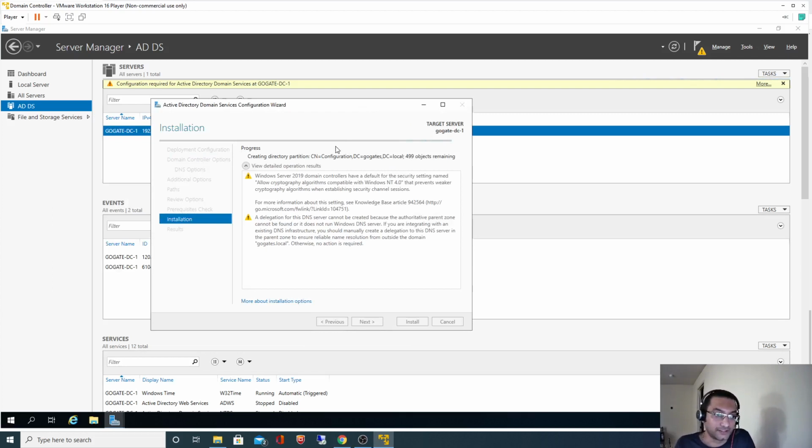This should get finished. Once this gets finished, it will restart my virtual machine. And while restarting, it will take a while. It will take a considerable amount of time to configure all those settings. So what we'll do, by the time it restarts and tries to configure all those things, I will pause the video. So let's wait for it to restart.